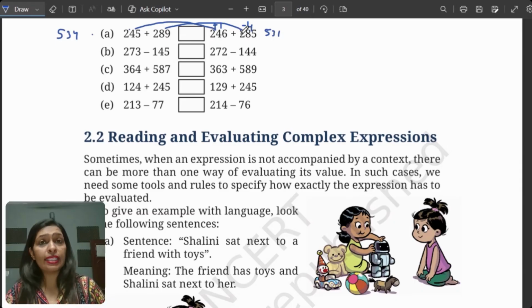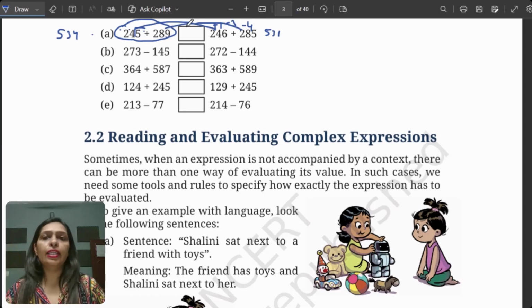And we have the concept of integers, plus 1 minus 4, that is minus 3, means whatever is the sum of this LHS. Now let's say I do not know the answer, right? So whatever is the sum of this LHS, this number will be reduced by 3. Getting it? How we did? So what does that mean? It means whatever is the answer for the LHS, it would be greater here.